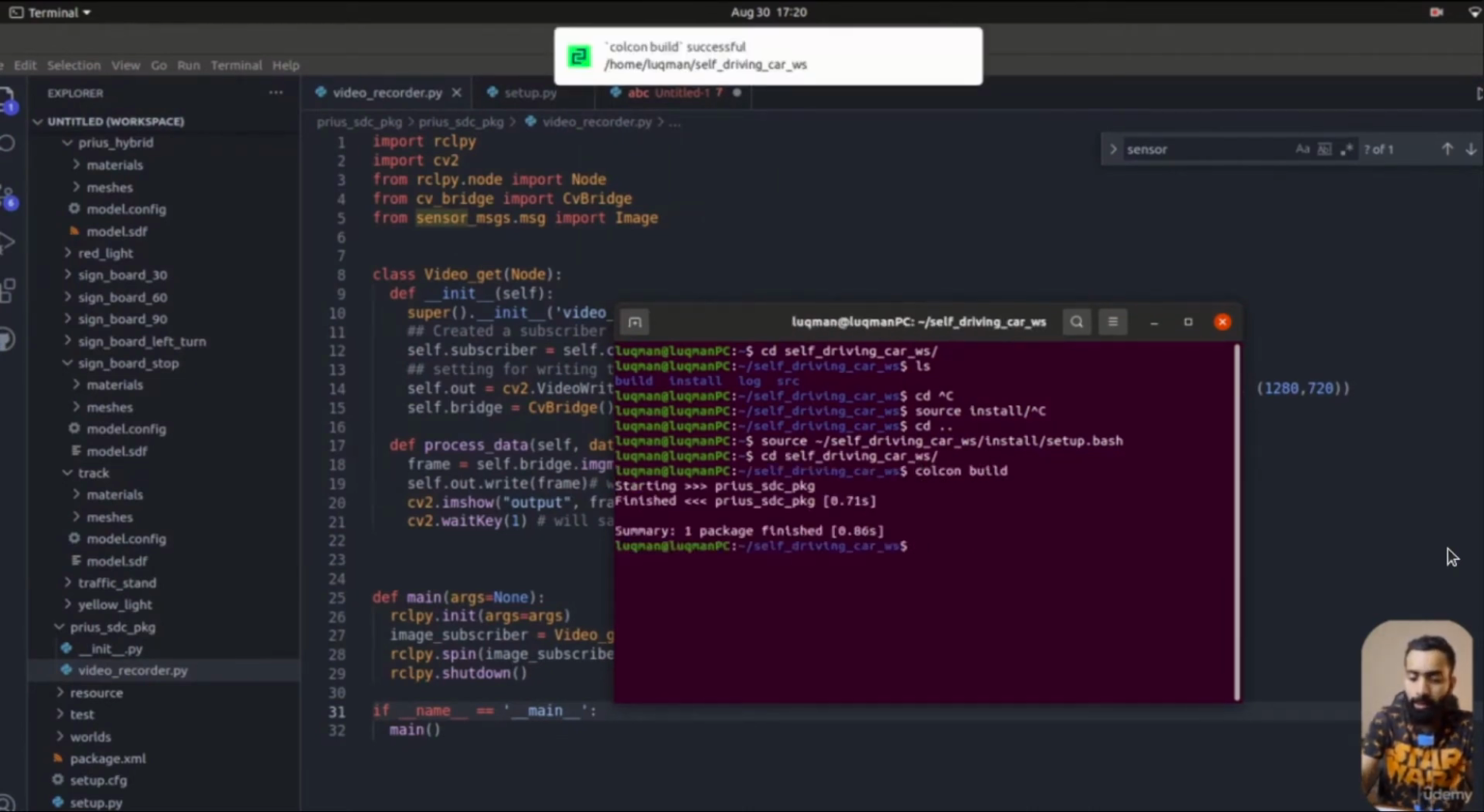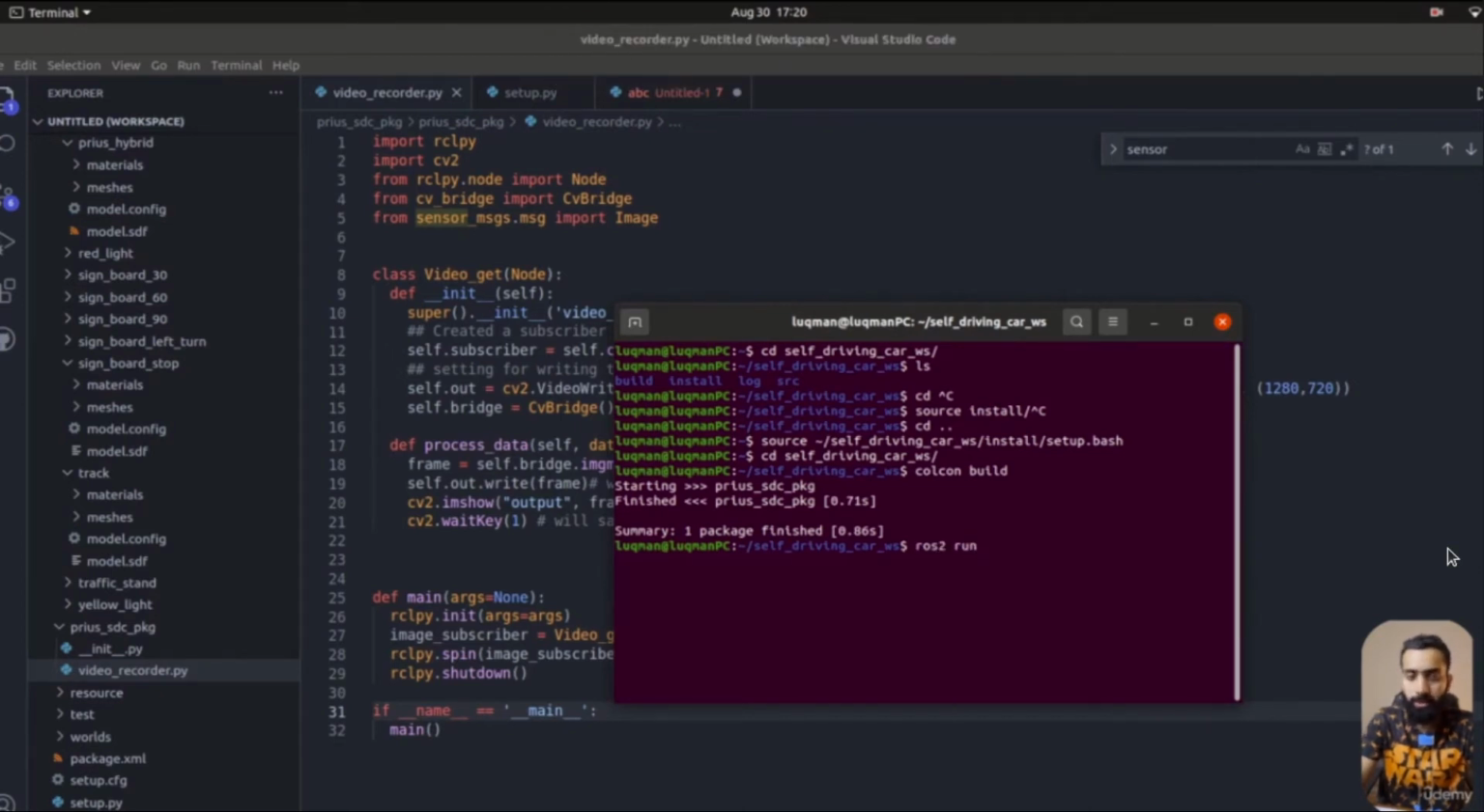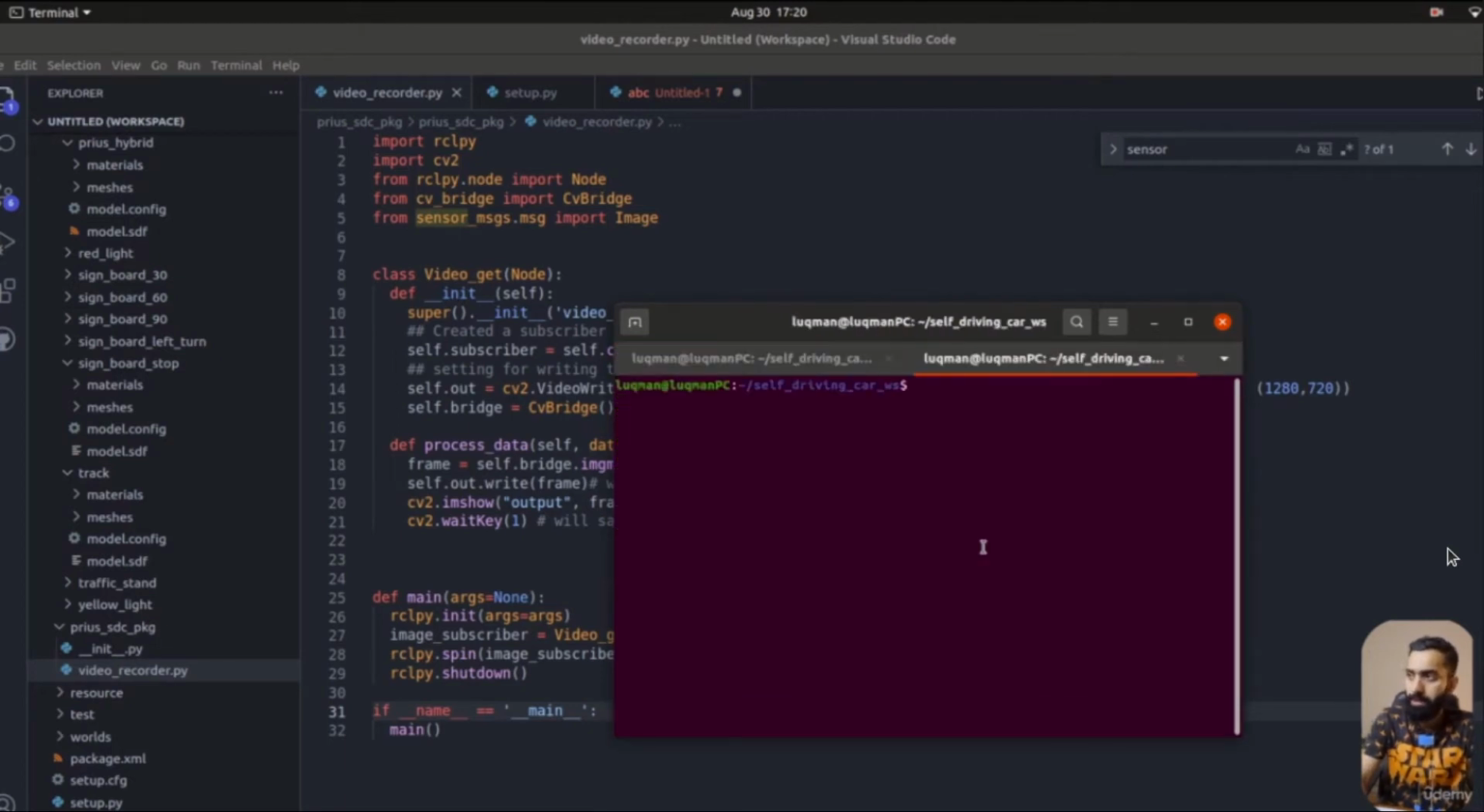So things are done. Let's take a look if the executable has been produced or not. ROS2 run, we are running the node, and the package is Prius, and let's double press the tab to see what are the available nodes. So we have a recorder node. If we take a look on the topics available right now, ROS2 topic list, and a lot of these